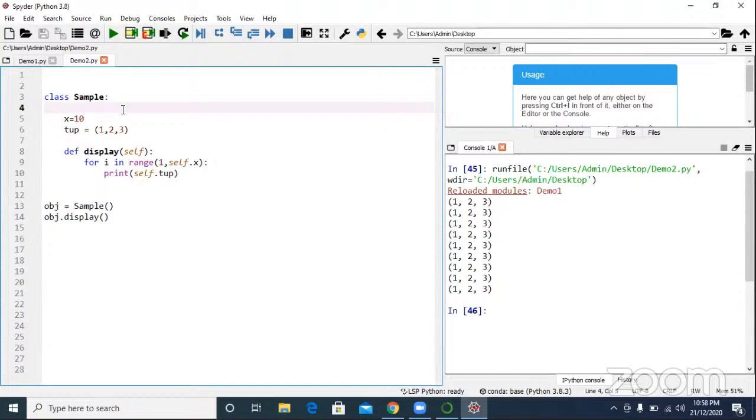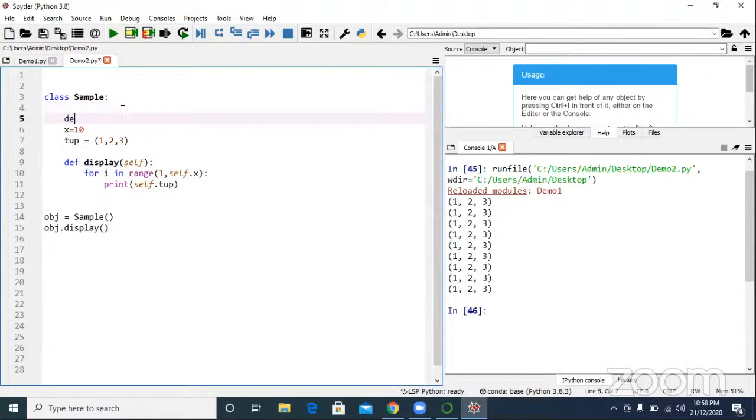So what is the other alternative, sir? We have a concept: def underscore underscore init underscore underscore, the constructor. You know constructors in Java. What is the purpose of a constructor?